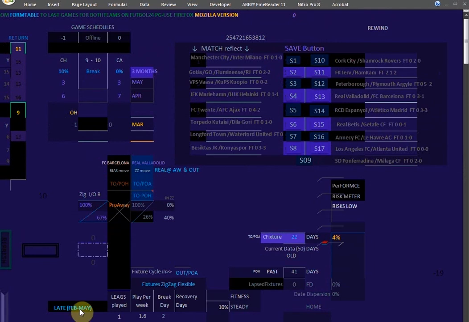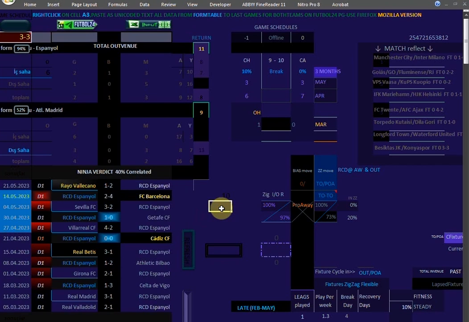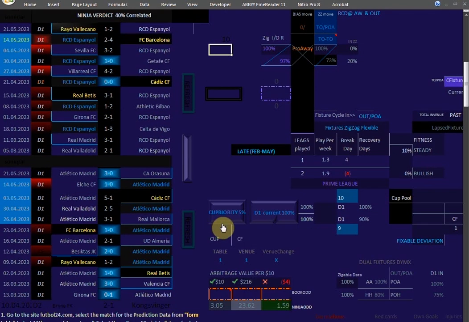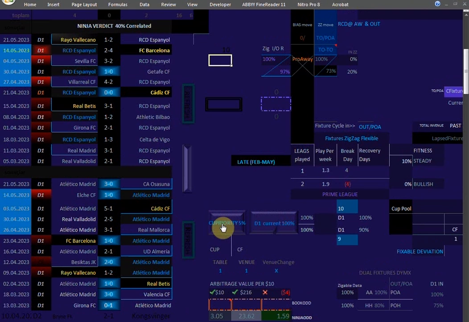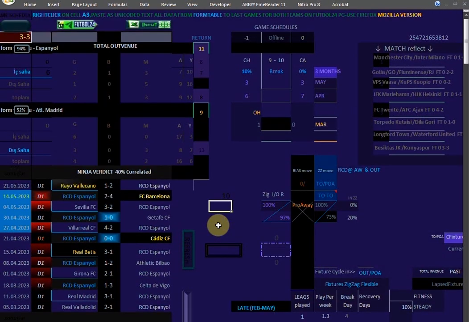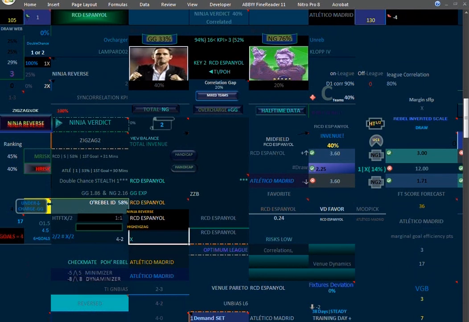Okay, let's check the next match from Spain. That's Espanyol, Atletico Madrid. That's how the raw data looks like. You can see Espanyol was really trying to survive relegation battle, and Atletico Madrid was trying to snatch the second position from Real Madrid, because Barcelona had already been like the de facto league champions. So full time for this match was 3-3. You can see the Ninja as an X over there.